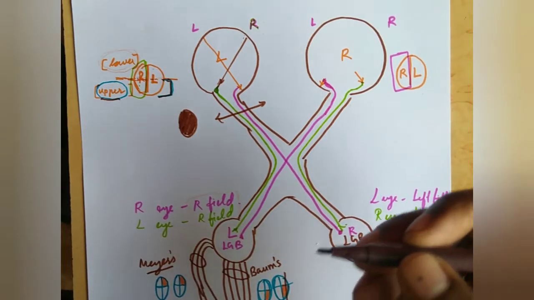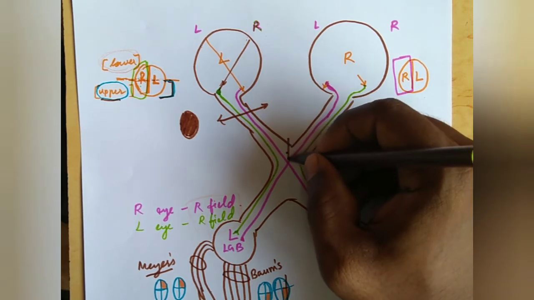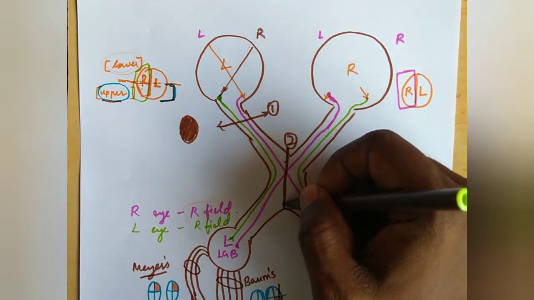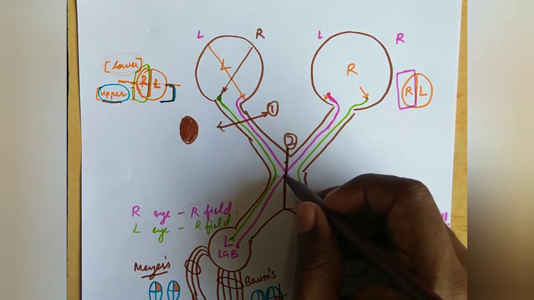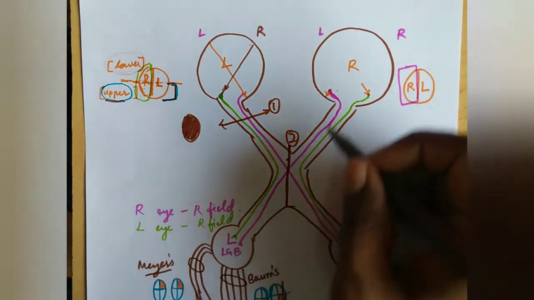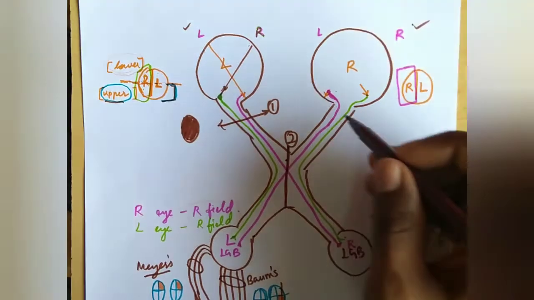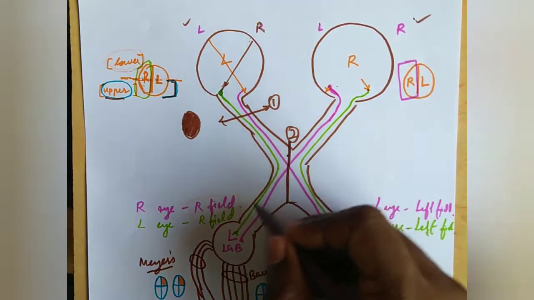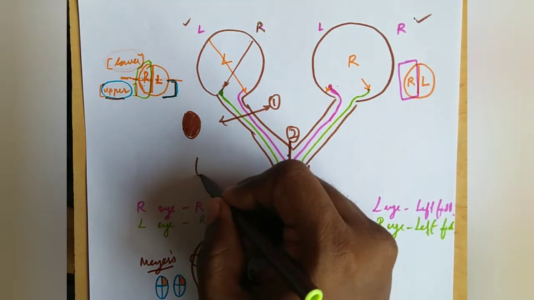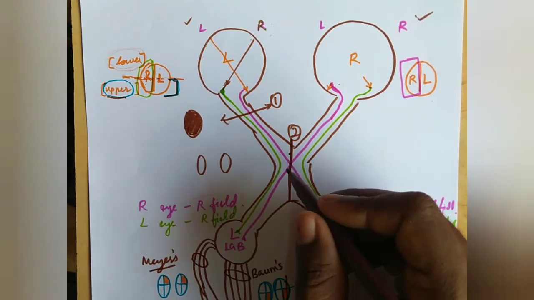Next, consider a pituitary tumor or something which will be compressing the optic chiasma in the midline. When the optic chiasma is compressed here in the midline, the crossed fibers are damaged. Usually in pituitary tumors compressing the optic chiasma, it is carrying the temporal field of vision. So we have bitemporal hemianopia. Both sides, the temporal field of vision fibers are gone. So in the right and the left eye, we have the bitemporal hemianopia.